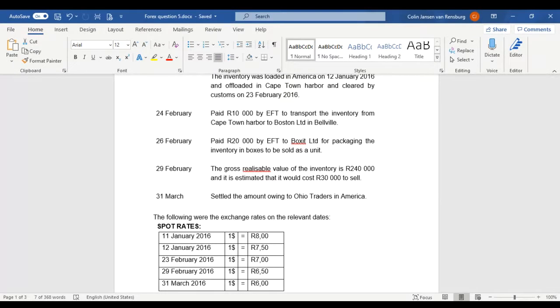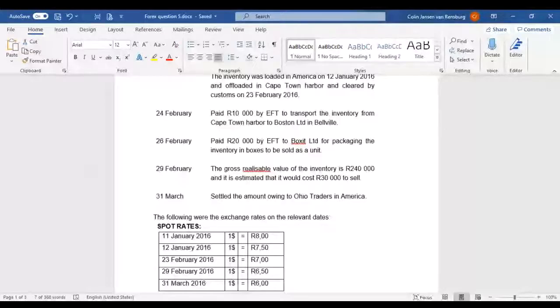Now, the standard that deals with inventories is IAS 2. And when it comes to the measurement, not the initial measurement, you've learned all about that in financial accounting 1. But when it comes to the subsequent measurement, in other words, when you draw up financial statements, that, in my opinion, I've only realized this year wasn't properly covered. So when it comes to the valuation, there is a paragraph in IAS 2, and if you can please make a note of it here,